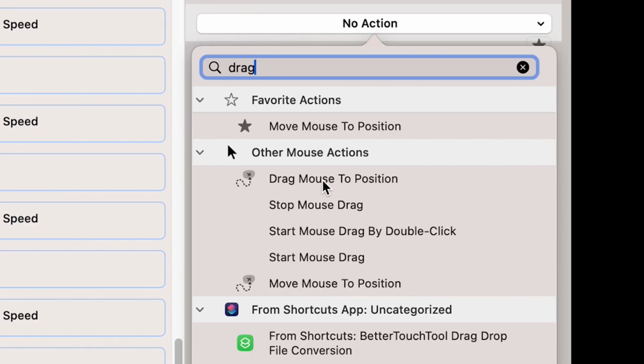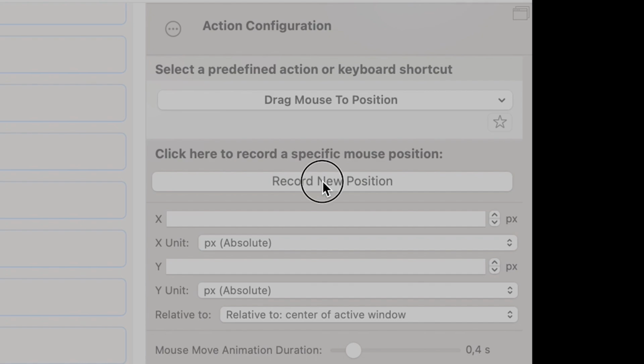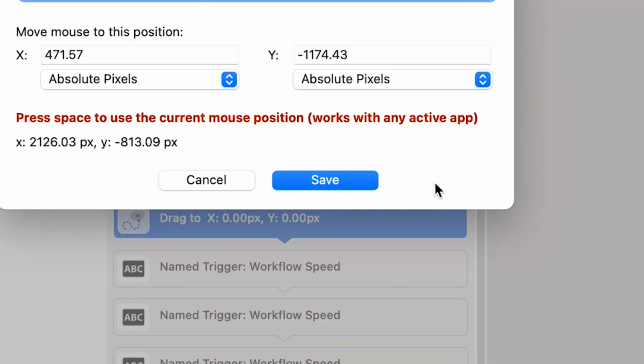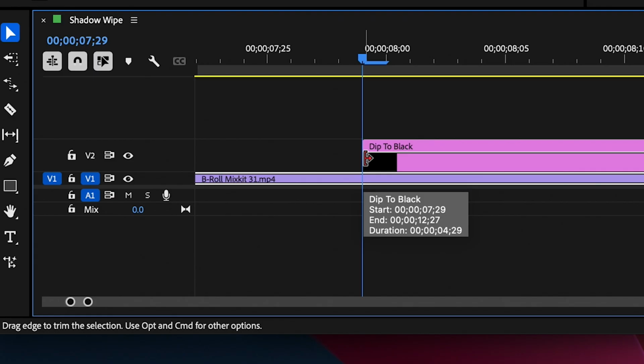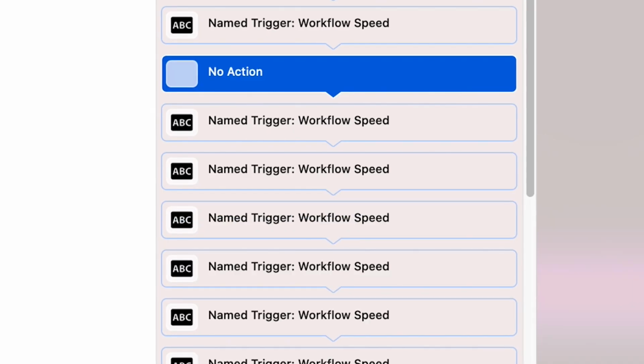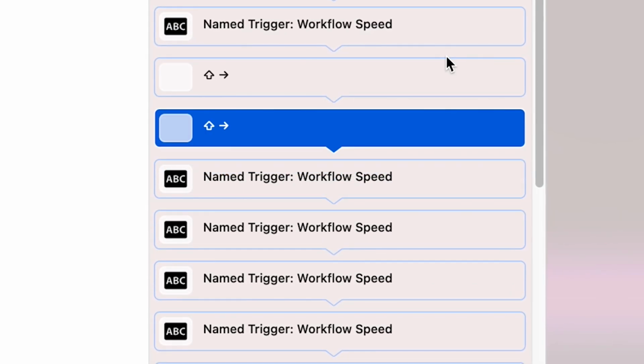Then add an action called Drag Mouse to Position next. Set the value for mouse move animation duration to 0.4 seconds. Click on Record New Position and hover your mouse cursor exactly to this position in your timeline. Lock your mouse coordinates by hitting the spacebar and click on Save. Because we have created an additional track now, we have to activate it with 2 Command 0 shortcut actions next in our workflow. Add 6 Shift plus right arrow shortcut actions next to move the playhead back to the cut